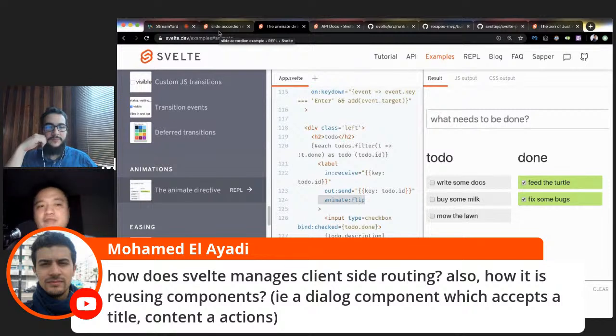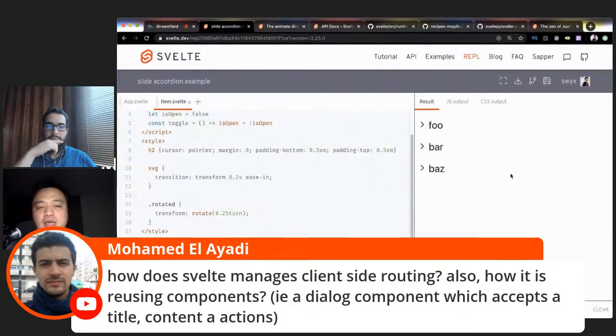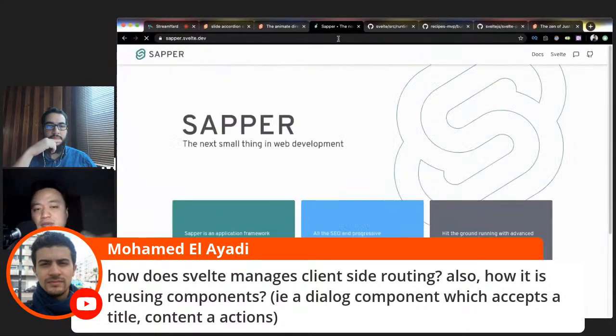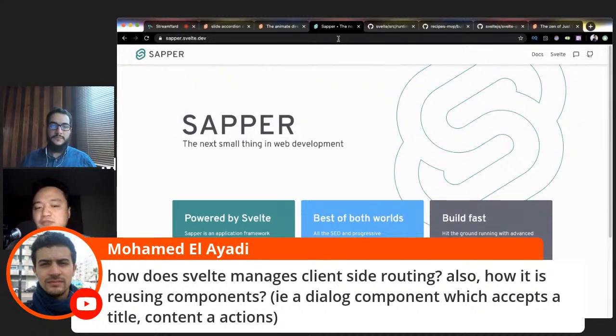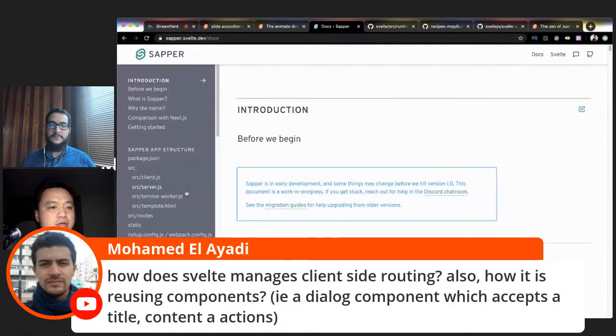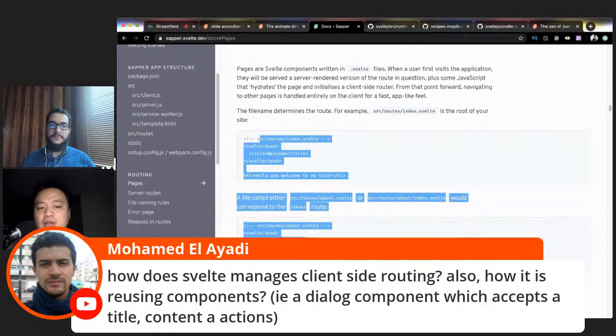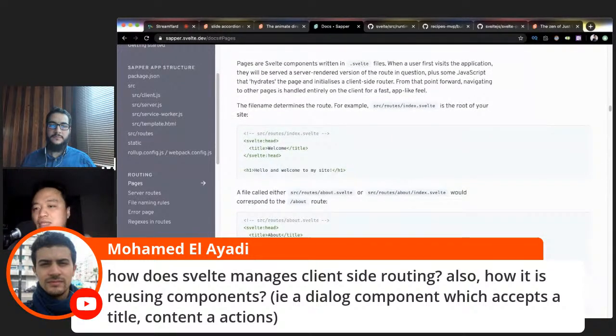So Svelte doesn't have a first-party routing solution. The first way you should think about it is using Sapper. Sapper is kind of like the Next.js equivalent for Svelte. Sapper does have a client-side router built in. So if you look here, you have the routing. You can use the Sapper routing, and the way Sapper does it is it uses the